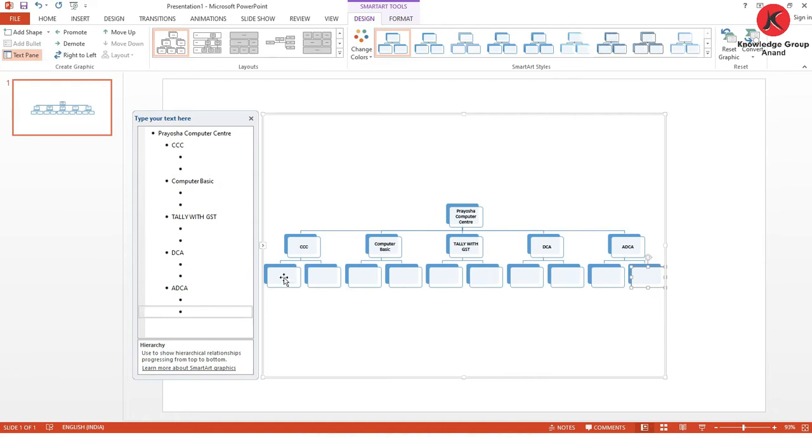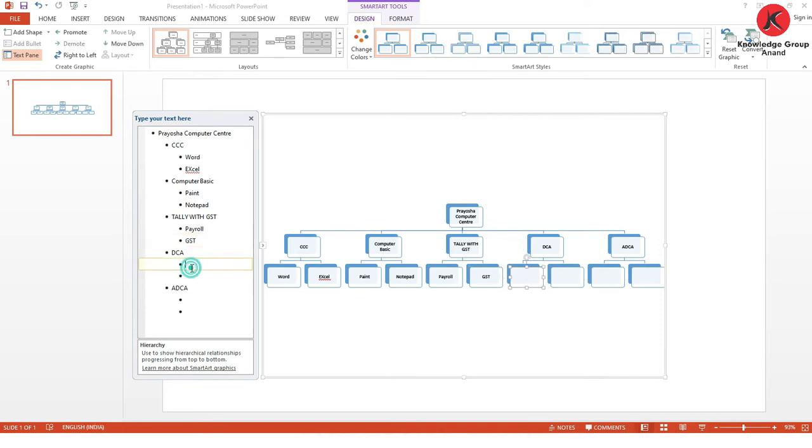Done. Now if you want to type here you can select it. Okay, now if you don't want to type here, then you can click on this. Okay, and type here, for example, Word, here Excel. Okay, here Paint, and here not paint, here Payroll, and here GST.